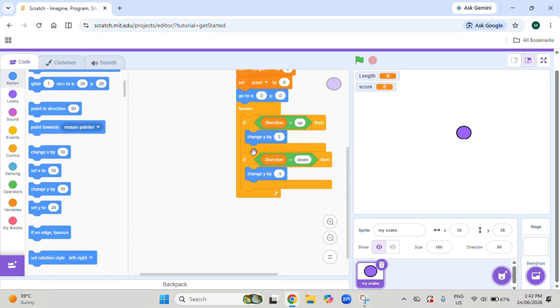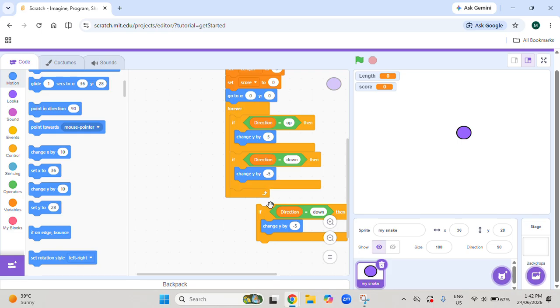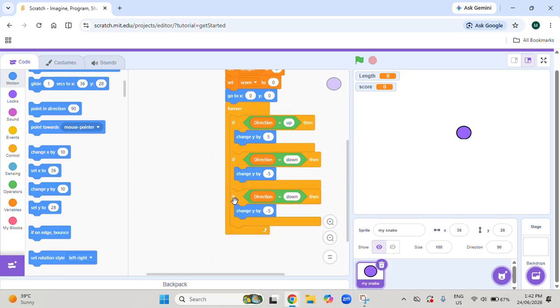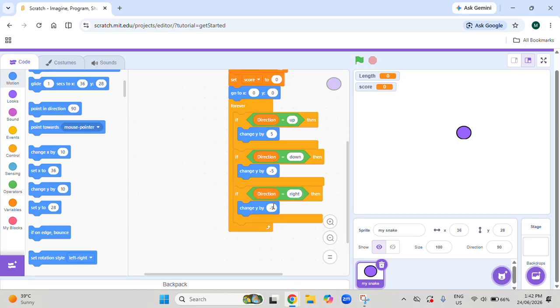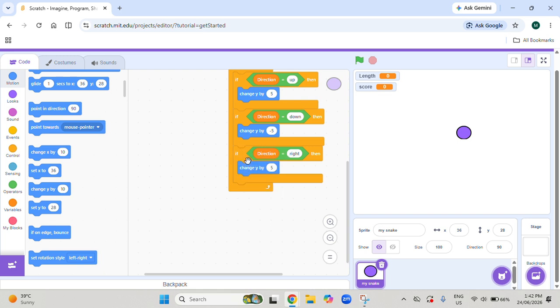Then let's duplicate this again and put it here. So this down, we have to make this right. And have to erase it and write 5. Now let's duplicate it again because we want again same thing. Now we want left. And minus,